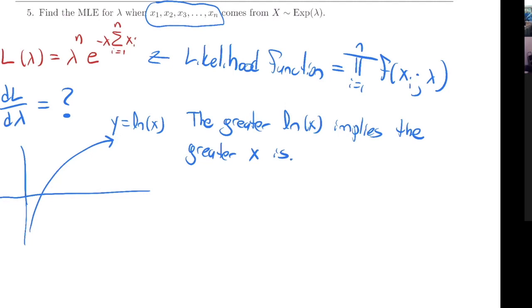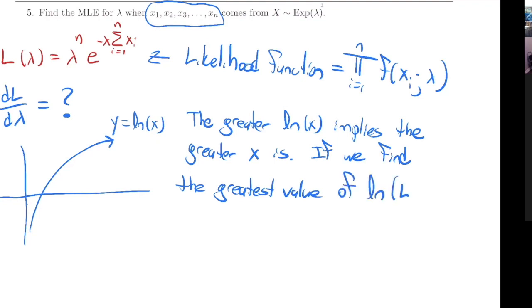So if the natural log is greater and greater, that must mean the thing that we're plugging into the natural log is getting bigger and bigger. So with this in mind, if we find the greatest value for the natural log of the likelihood function,